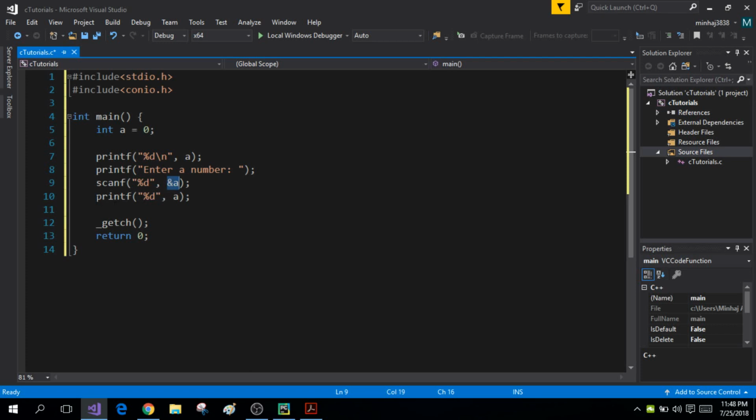And then in the end, I'm going to simply print the value of the integer variable a, which the user has entered. So this will be the new value of the integer variable a. So when I run the program,